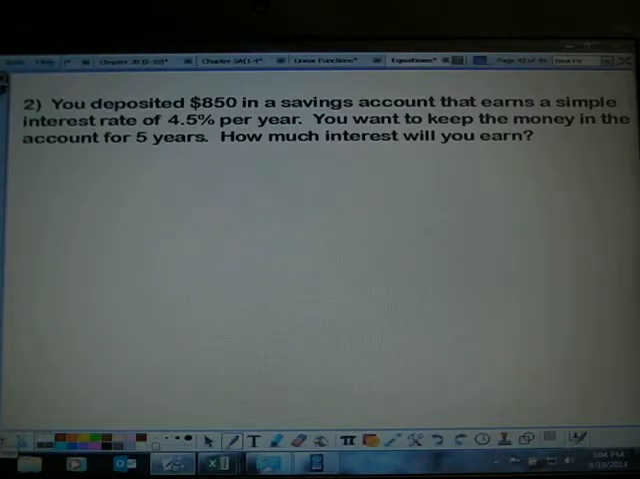Question 2. You deposit $850 in a savings account that earns simple interest. Right there we know our formula that we're going to use, the simple interest formula. The rate is 4.5% per year. You want to keep the money in the account for 5 years. How much interest will you earn? So I equals PRT is our formula because it's simple interest. You deposit. Deposit is another word for invest. Okay, you put that money in the bank,